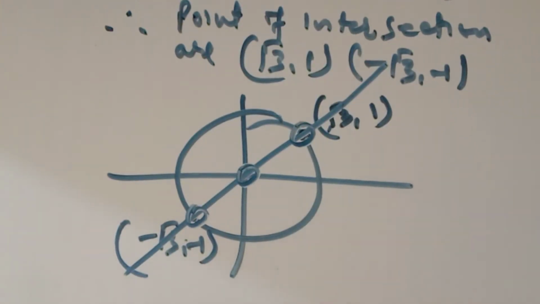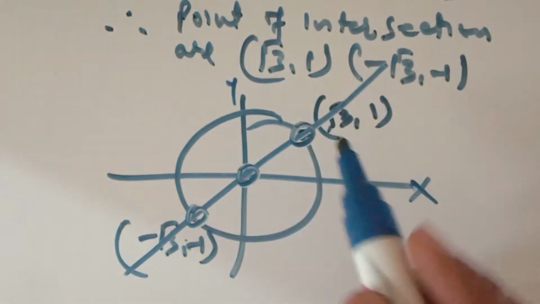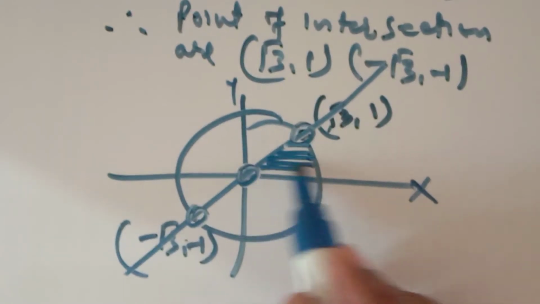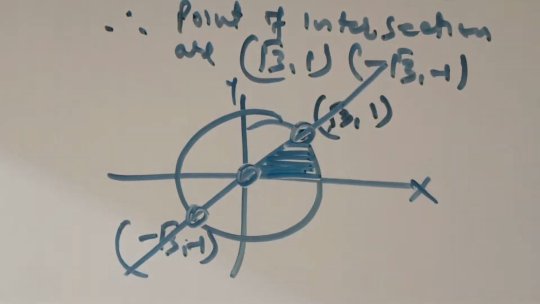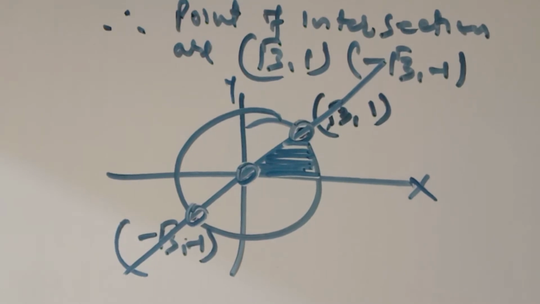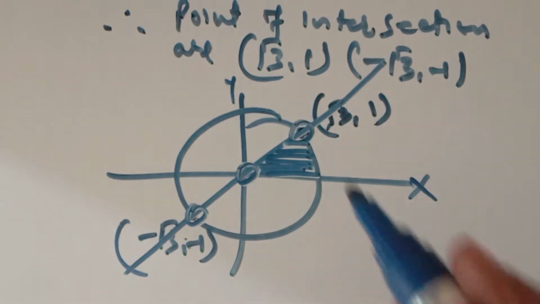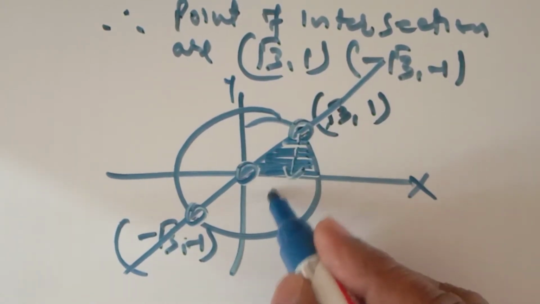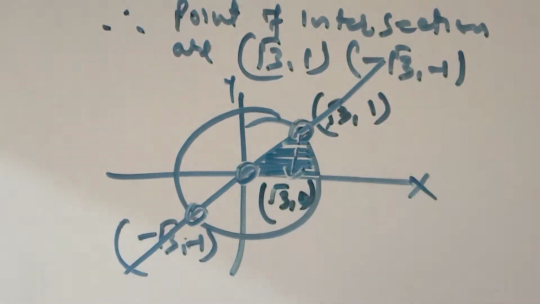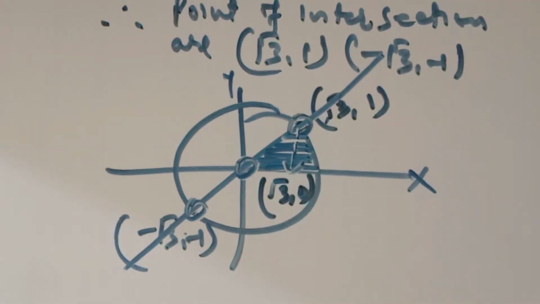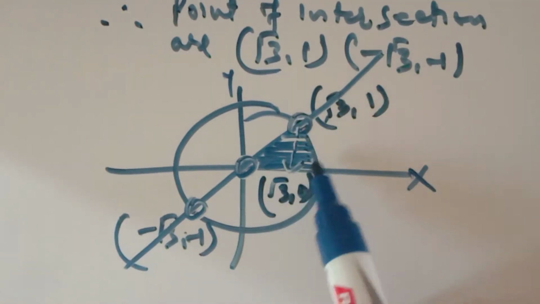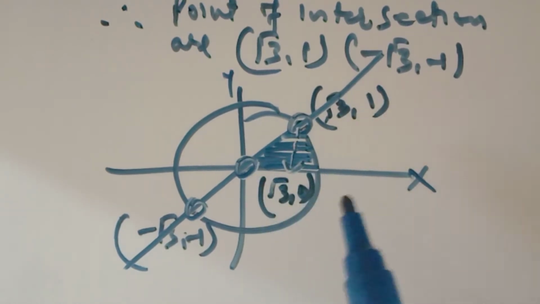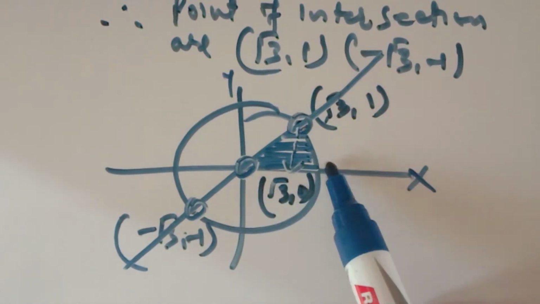Now you have to find the area bounded by these two curves, the x-axis and in the first quadrant. So this area you have to find in the first quadrant. After shading the area, you have to draw a perpendicular from the point of intersection to the x-axis. We are drawing a perpendicular on the x-axis because you have to find the area bounded by the curve and the x-axis. Now this area which you have to find is touching the two curves and the x-axis.